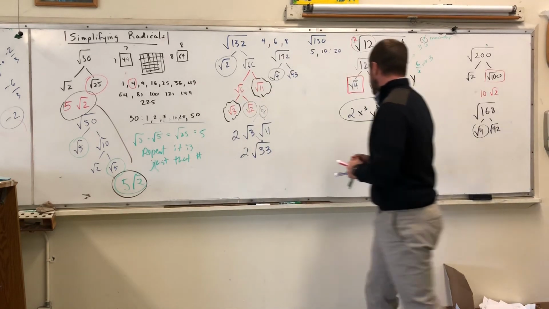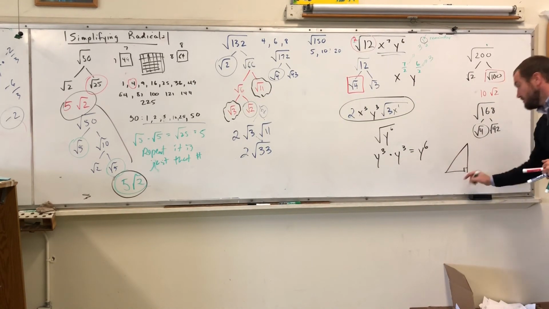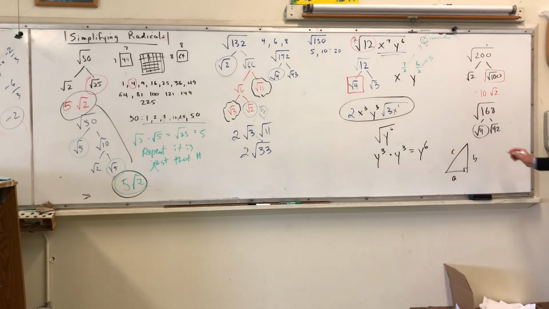And the key for that, with what we're doing now, is when you're working with the Pythagorean theorem, which we're going to talk about, you have a squared plus b squared equals c squared. At the end of this problem, you're going to have to take a square root of a number. And a lot of times that result is not going to be a perfect square, so you're going to have to come up with